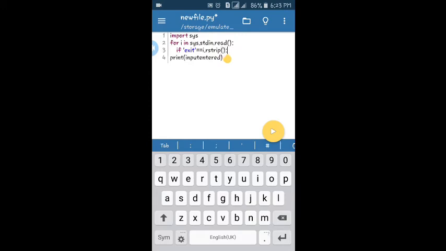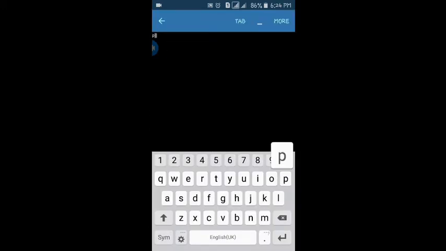I will print a message called you are outside loop, and then break this loop. Okay, let me show you. I will enter first Pyland.